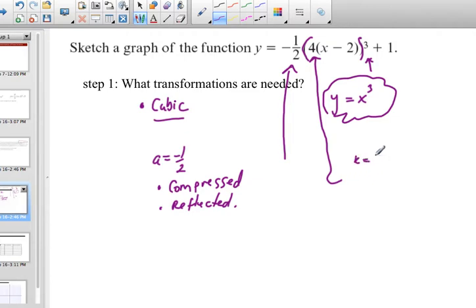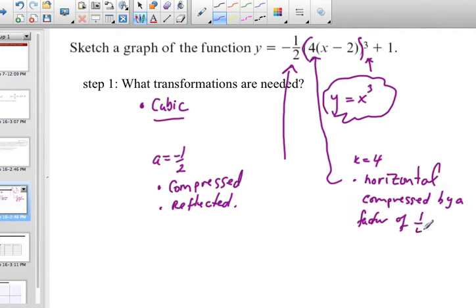Anything inside that calculation is horizontal, and since it's multiplying, it's a stretch or a compression, just like this one, but it's the reverse. So since 4 is bigger than 1, it's also a compression, and we say it's compressed by a factor